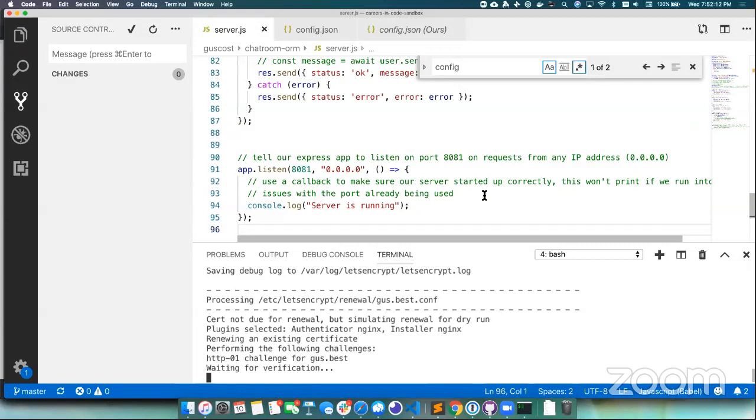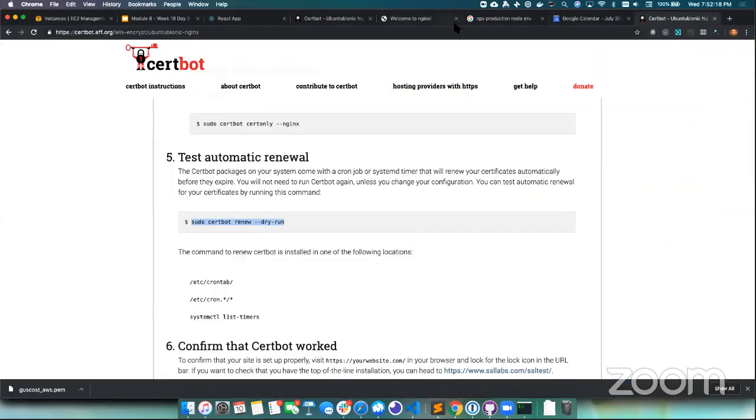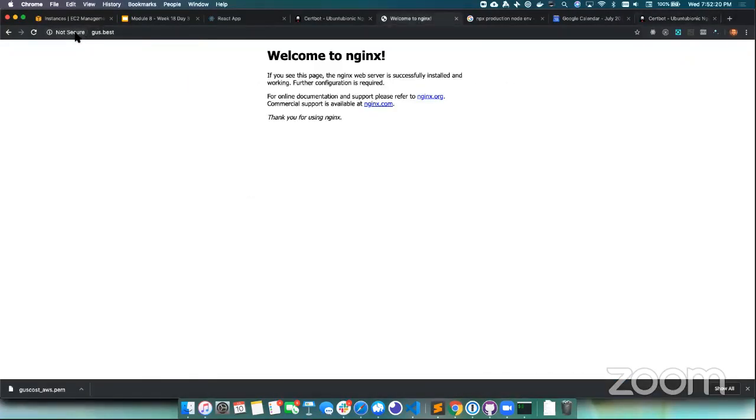But that's it. So our site now should be secure. And if we go right back to the internet and say, well, this was not secure up here, right? If we reload it, it's going to redirect right to HTTPS. We get the lock. We're all good. That's the whole thing. So I'll bet you thought that was going to be a little harder, but that part's